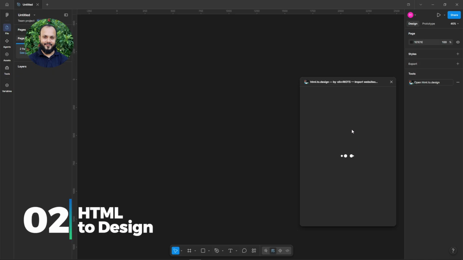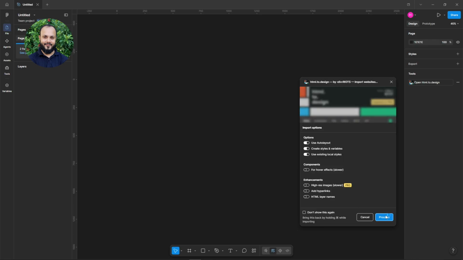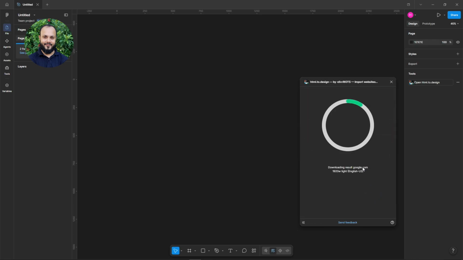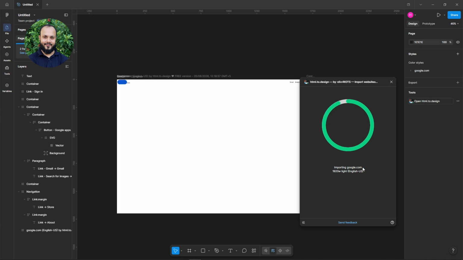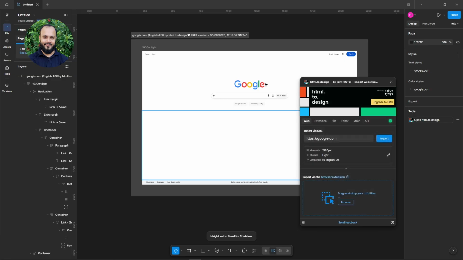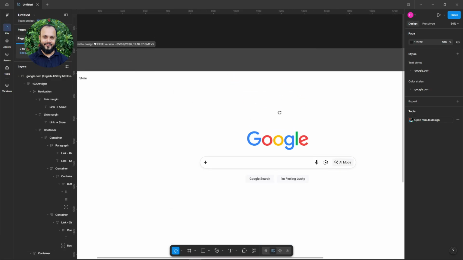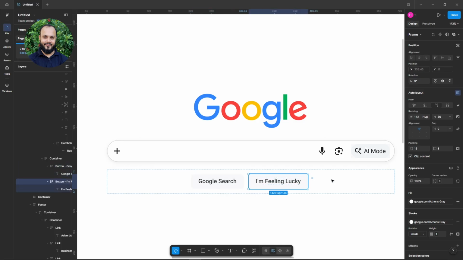Same idea, but for websites. Paste any URL and HTML to design imports the full page as an editable Figma file. There is also a Chrome extension that captures pages behind a login or even localhost sites. This is a big time saver for redesigns and site audits when you need the real structure instead of rebuilding